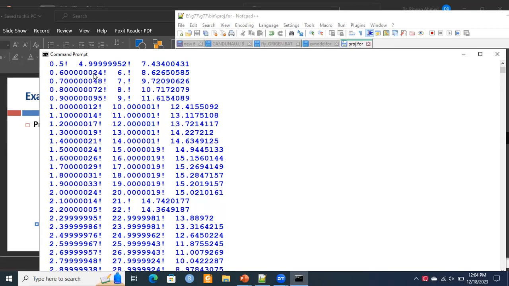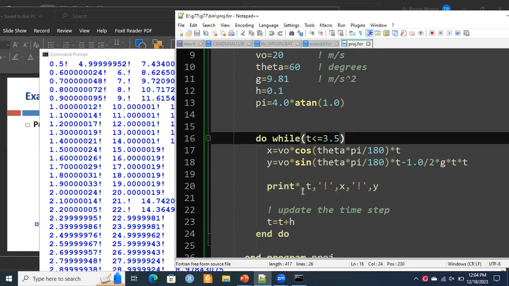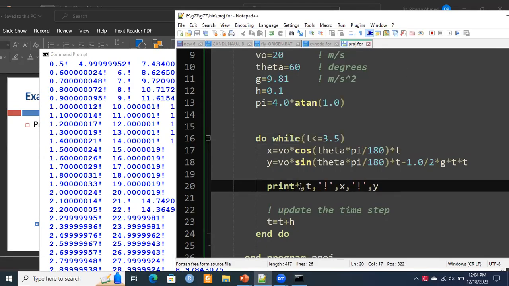We cannot copy this data from here, right? And develop the graph of the trajectory. So we have to control this output. So for this one, I'm going to detail something in this asterisk. So right here,